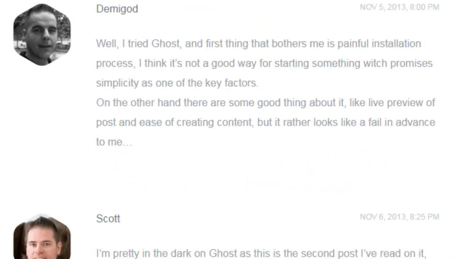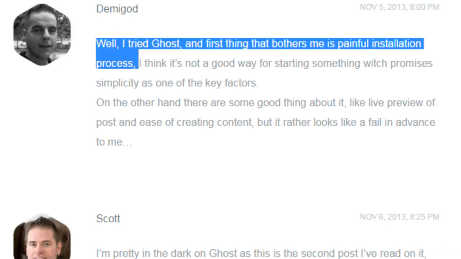Here you can see the comment of Demigod. Demigod wrote, "Well, I tried Ghost and the first thing that bothers me is the painful installation process." For me it was very simple and easy to install Ghost, but Demigod was not able to install Ghost on their computer. So I decided to write a tutorial,